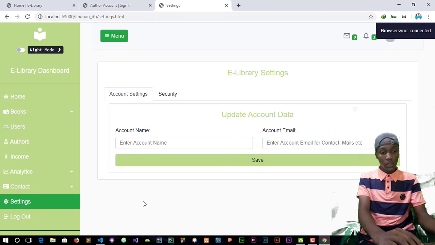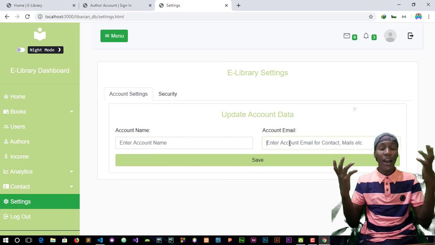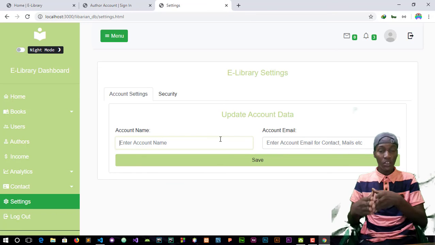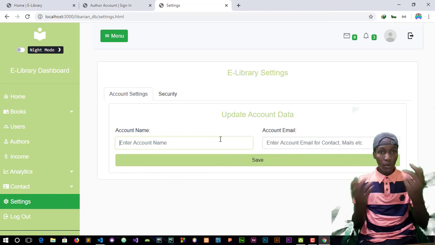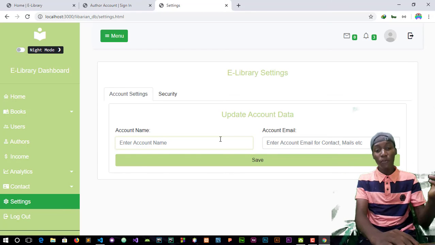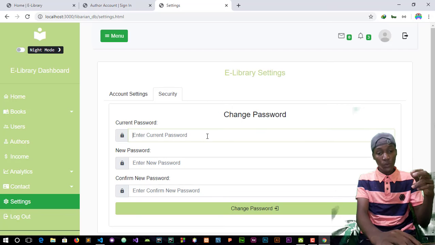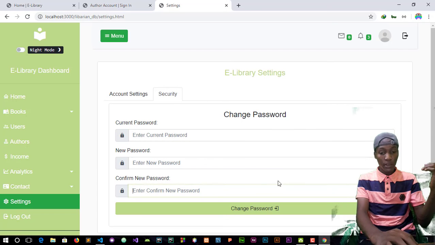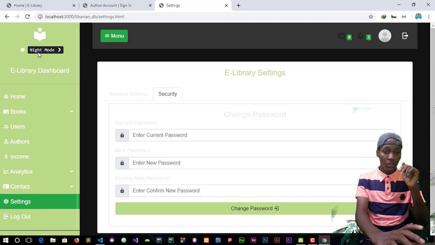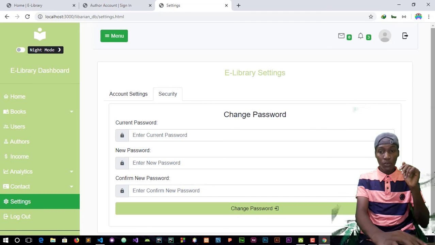Now let's move on to the settings. So here's just the accounting. I don't even have an idea of what to put over here. Since the user account and the email are going to be fixed in the database, we don't have to create a login form or a create account form. And for security reasons, we should be changing our password maybe monthly or weekly. That's why I created this. And even here we have got the dark mode, and you can use the light mode.